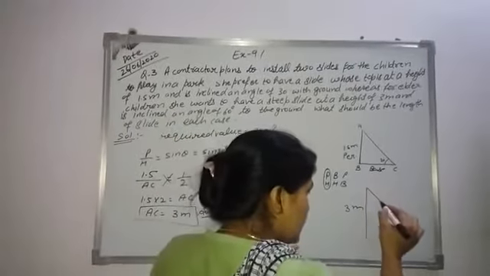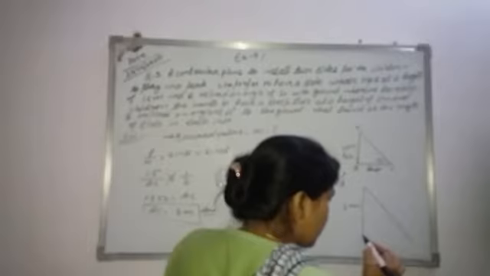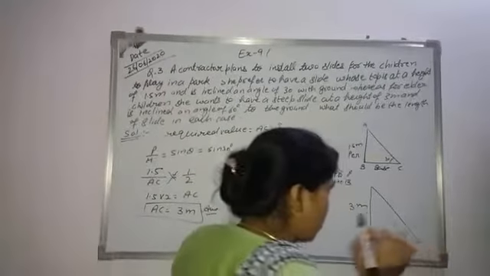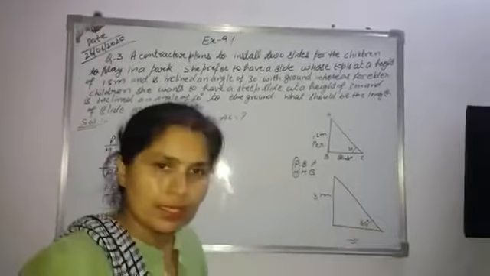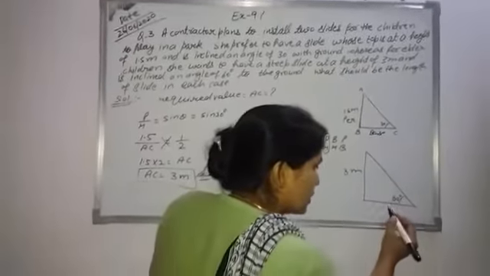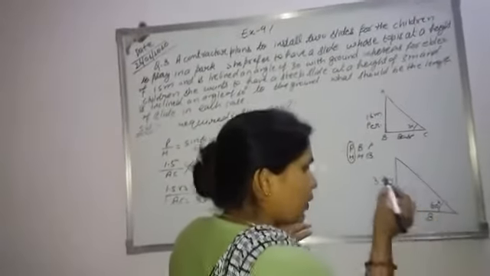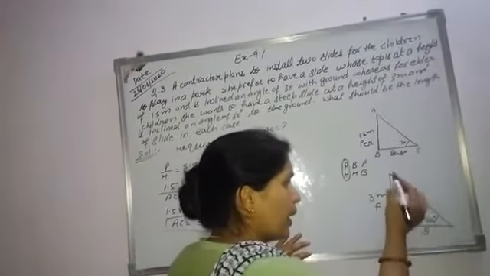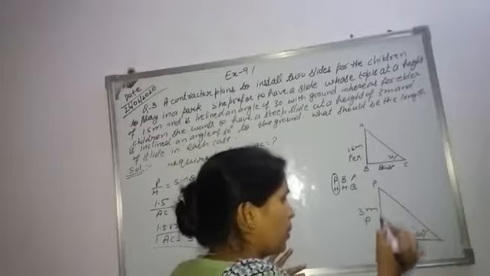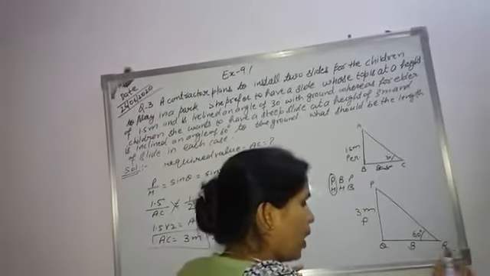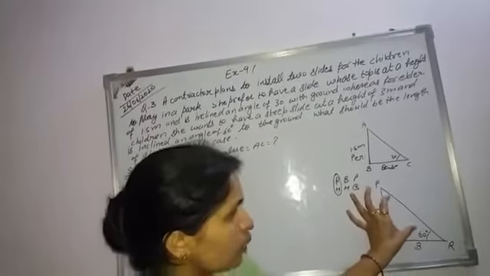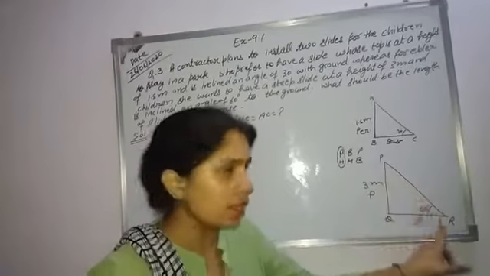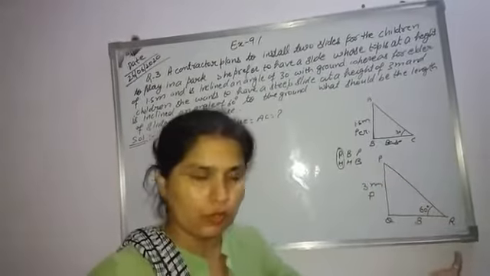Now this is the slide. This slide makes an angle of 60 degrees with the ground. So this angle is 60 degrees. Again, this is the base, and the side opposite to the angle is the perpendicular. Let these points be P, Q and R. So in this case, the length of the slide again we want to find out. So what is the length? The length is PR. PR we want to find out.